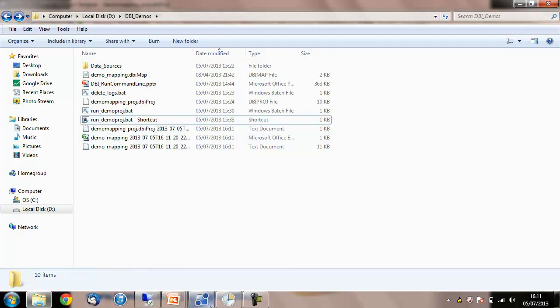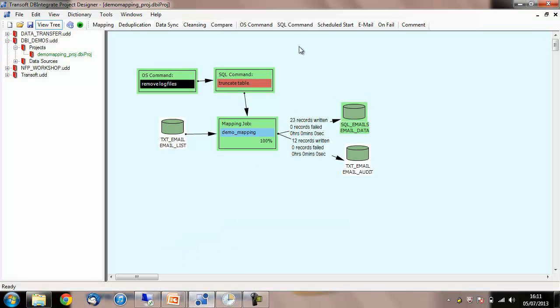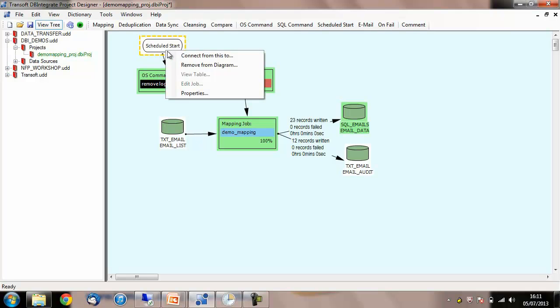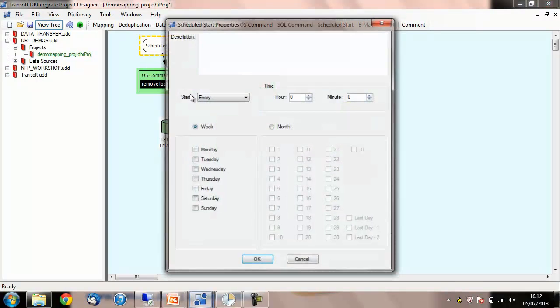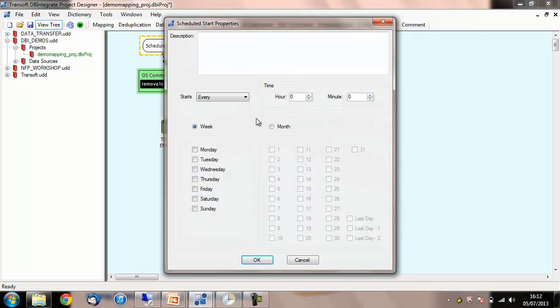Another feature you can do to automate your projects is to use the scheduled start feature that is available. If I drop this into a project, scheduled start, and I connect it to the first task to run in the project to create a dependency, and I select properties, I then get the scheduled start properties window where I can select